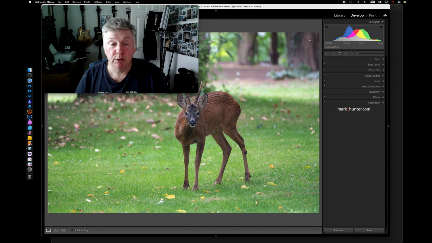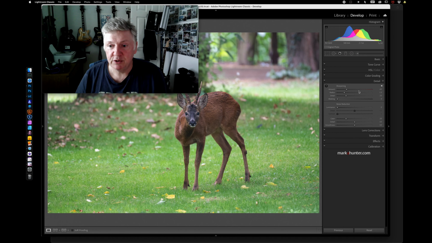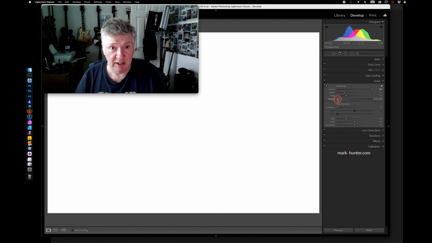So on this picture here, which is Denzel again, the deer which comes into our garden very regularly, if we go to detail, we're in Lightroom at the moment, and we've got a sharpening slider here. You may or may not be able to perceive much on screen. I'm hoping you can, because I'm doing extremes, but let me make it more visible. I'm going to leave it at 100. I'm going to click on the mask button. I'm going to hold down my Option key or Alt key, and everything that is white is going to be